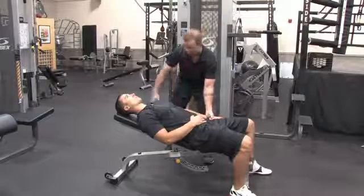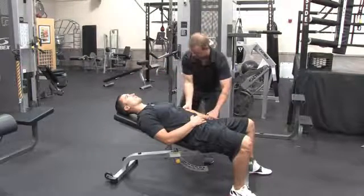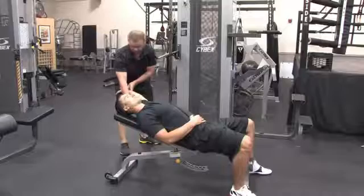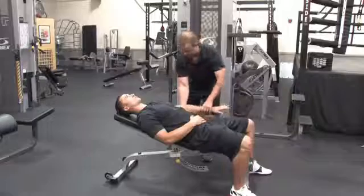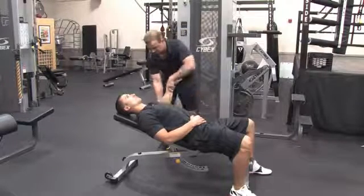Next, we're going to do abduction. So you ready, Brian? 1, 2, and turn the wrist out, and 3, and that's going to be his abduction. And we're going to go back down, and 3. Then we're going to bend the elbow, and we're going to look at shoulder medial rotation,